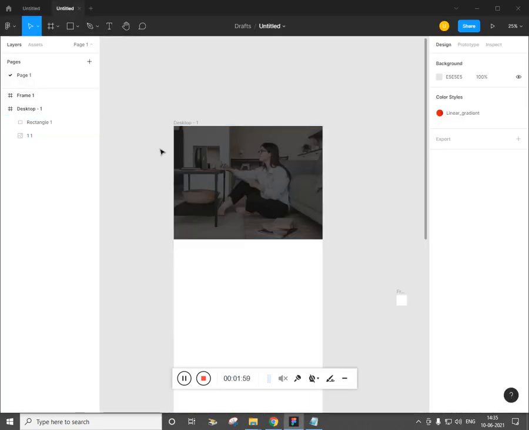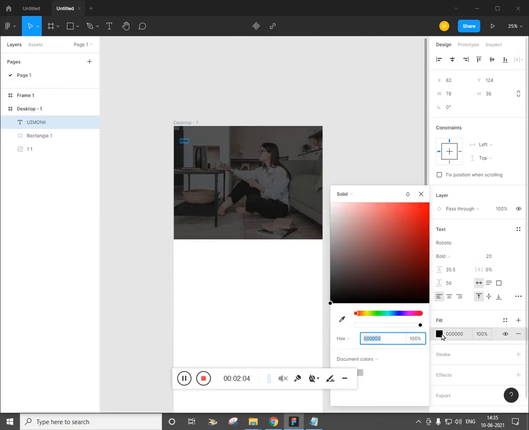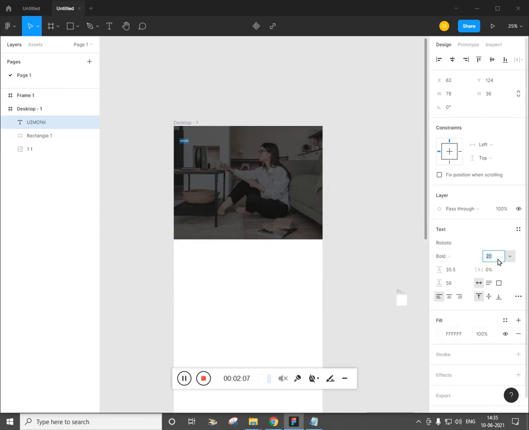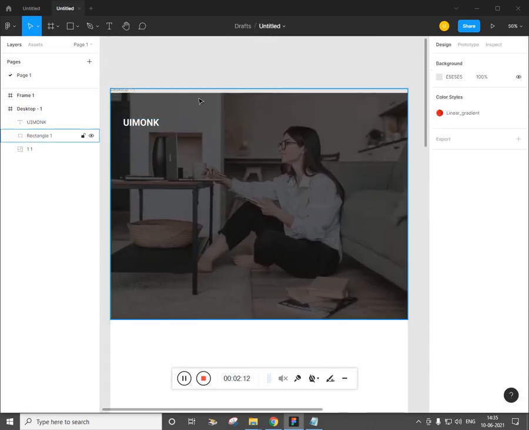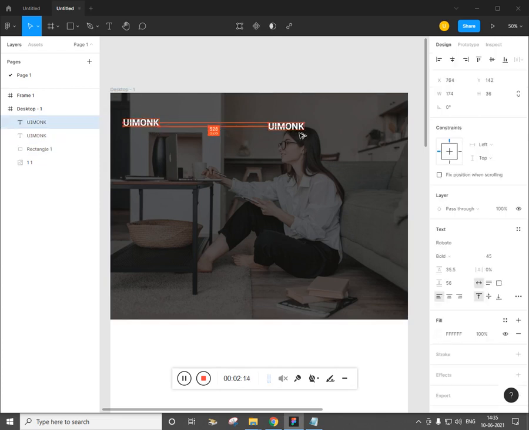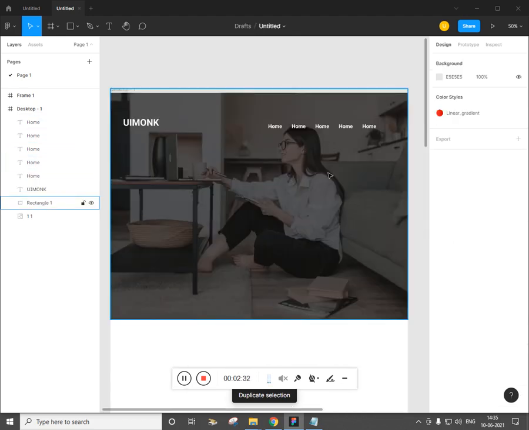Now you can type, press T and give the name. I'm giving my channel name, and I'm going to increase the font size. Zoom in, Control plus, and now Alt drag and make the font size smaller. Let us make this 25, and then give it the name whichever you like. Then Alt drag, Control D, Control D, Control D. Cool. Now you can edit the section. I'm leaving it to you just to save time.